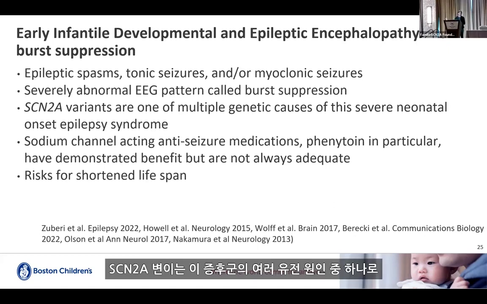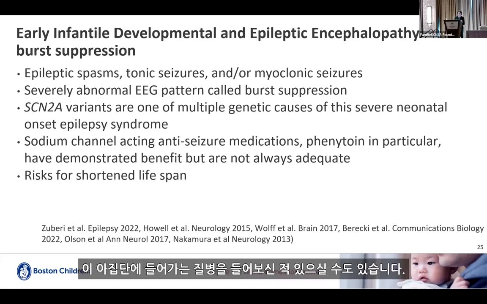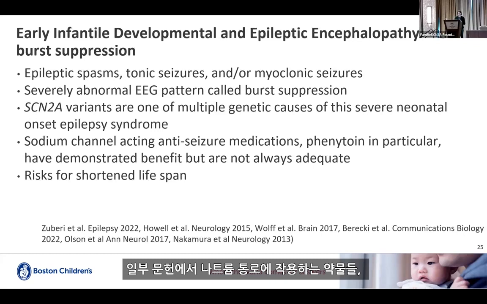It is one of many genetic causes of this syndrome, of which there are subsets. Ohtahara syndrome and early myoclonic encephalopathy are terms that you may have heard that fall in this subset. Some literature suggests that sodium channel acting medications can be beneficial. Phenytoin in particular, as you just heard in Colin's story, these kids often require high doses of phenytoin, and